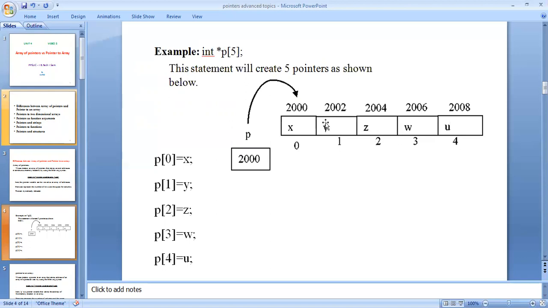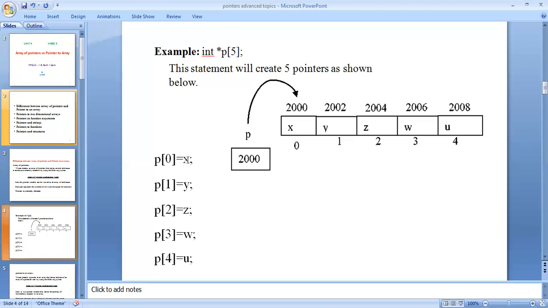I am declaring 5 elements, that is x, y, z, w, v. We observe that the array element at index 0 can be initialized with x.